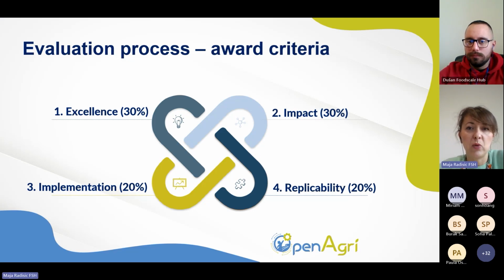These are the 4 evaluation, actually award, criteria. Excellence and impact are weighted 30% each within the final mark, while implementation and replicability of the solution are weighted 20% each of the final mark.